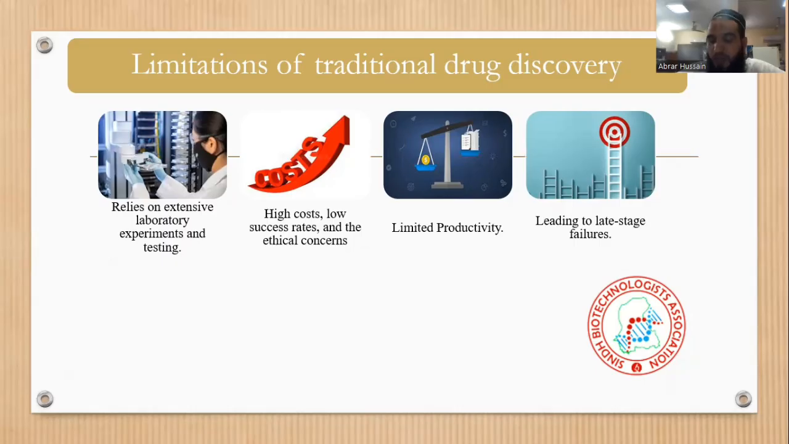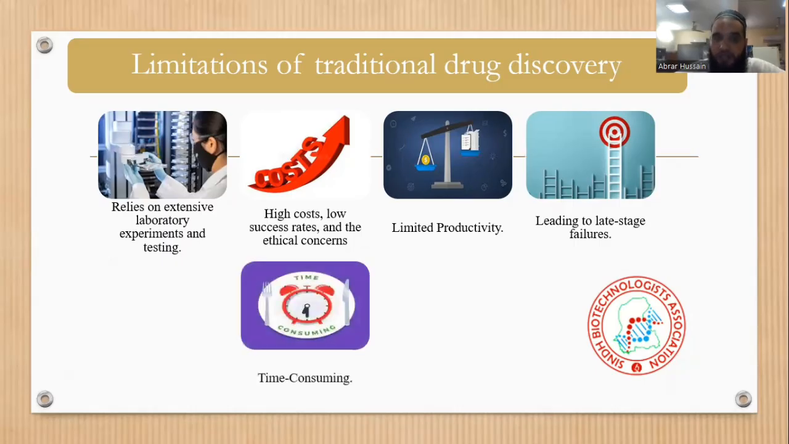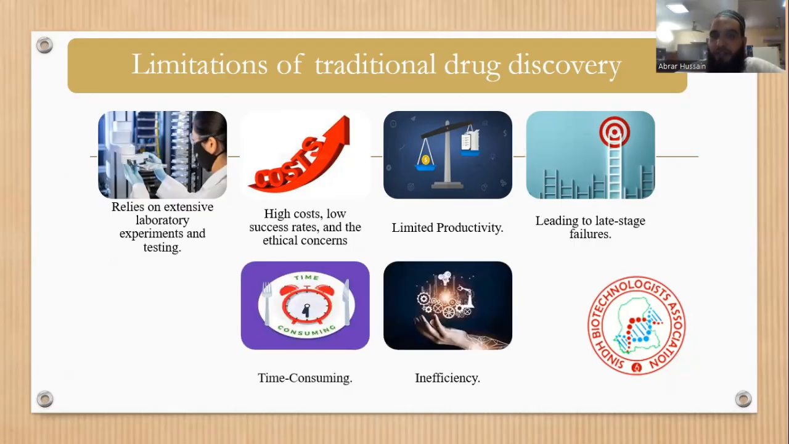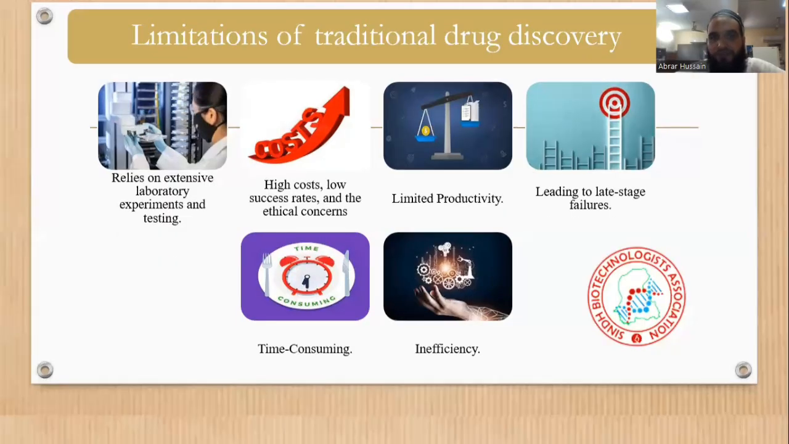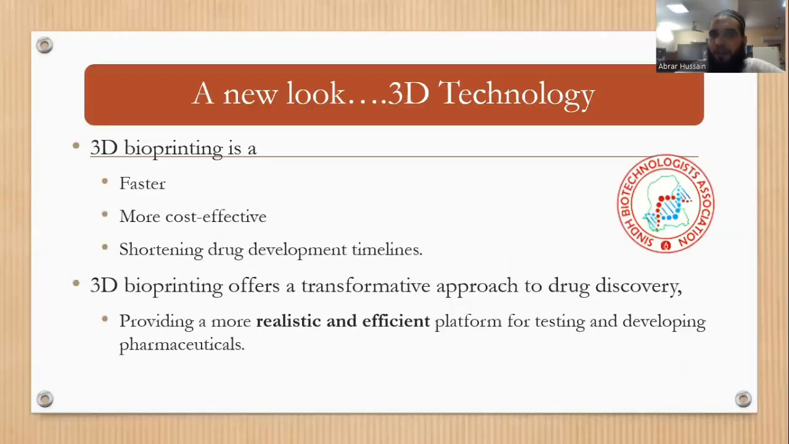So failure is also associated with the current approaches. These are very time consuming, at least they can take 12 to 15 years, and also inefficient. Because of these limitations associated with the traditional methods, scientists are trying to find some new approach which at least overcomes or compromises all these limitations or a few of them. So the scientists found a very new look toward drug identification, which is called